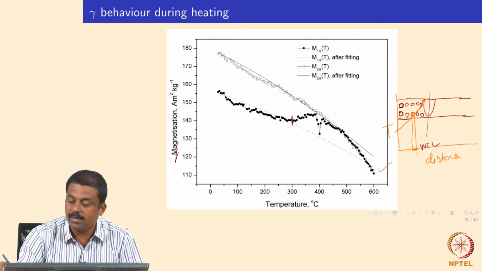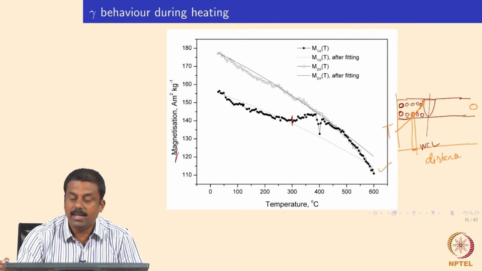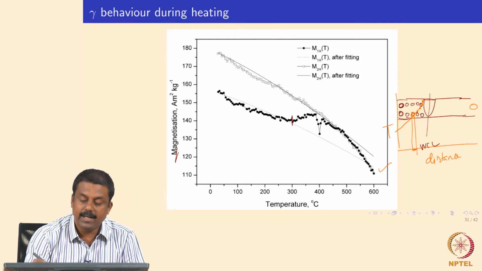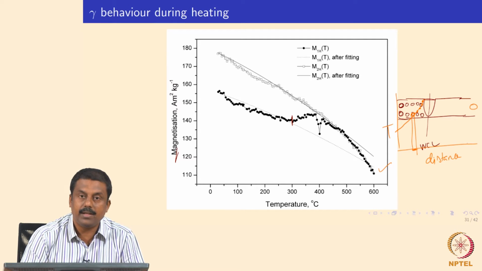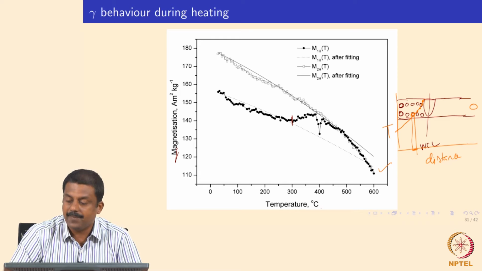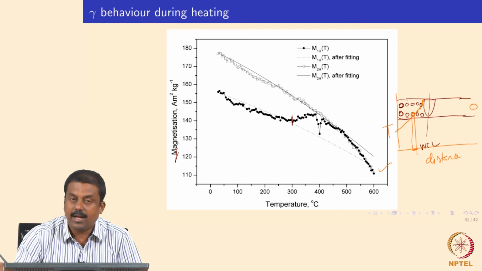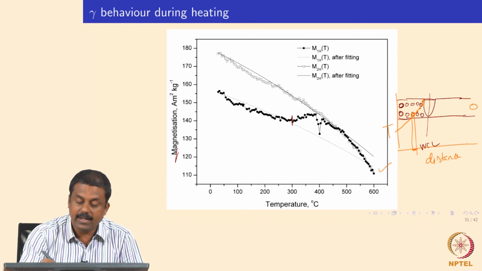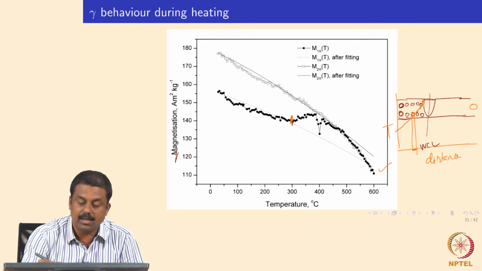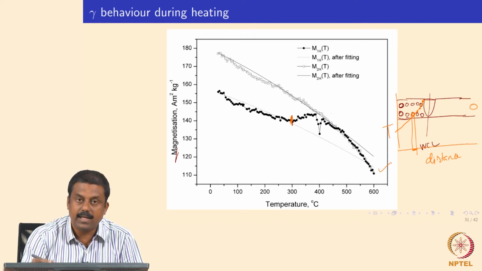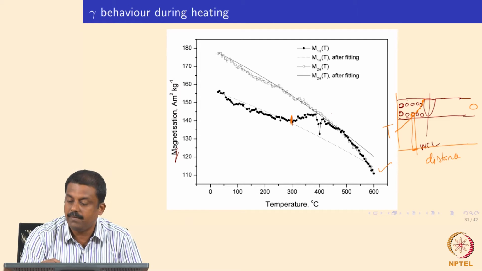So, we can take a sample from the unwelded base material, put it inside and heat it up to various temperatures, and identify at what temperature you see a change in magnetization. That would give us how the retained austenite transforms to other phases while heating. From that we can understand the maximum temperature up to which retained austenite is stable before it starts transforming to ferrite and epsilon carbide phases.